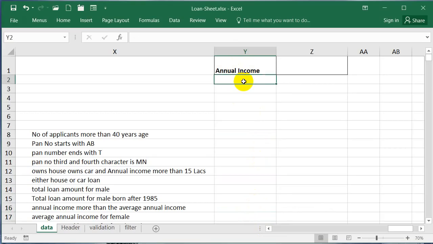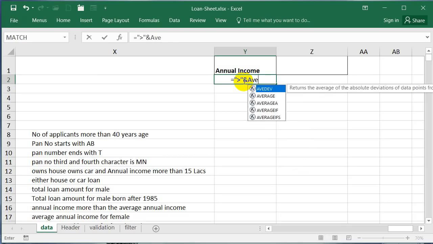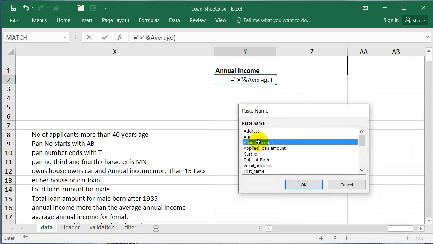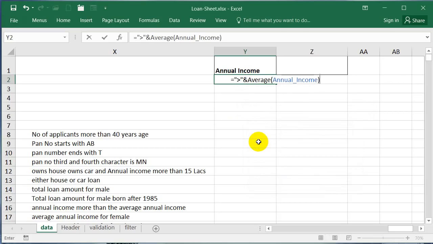So annual income we have written, and you have to be careful about how you are going to create the criteria. Equal to, greater than sign is a string, ampersand, average, F3, annual income, bracket close.